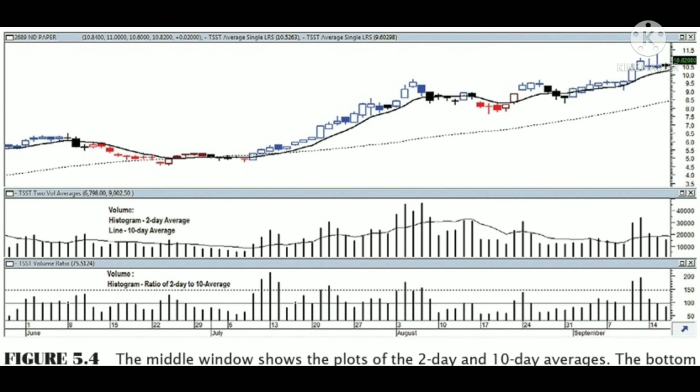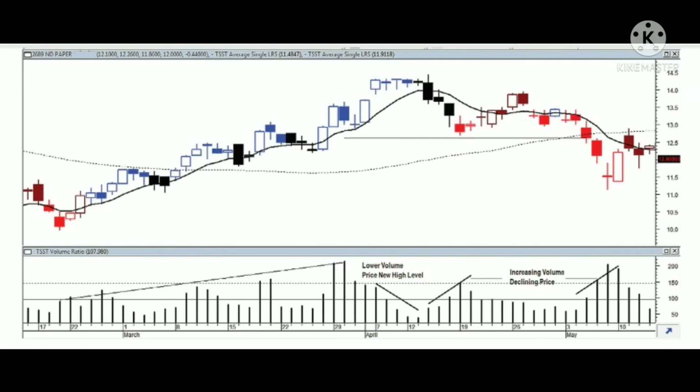Volume increases as price rallies and decreases as price pulls back into consolidation patterns. Volume is useful to confirm whether a current move is likely to continue or is merely a false start.